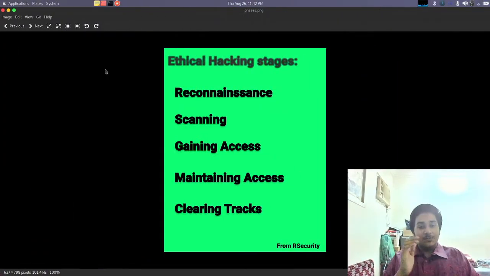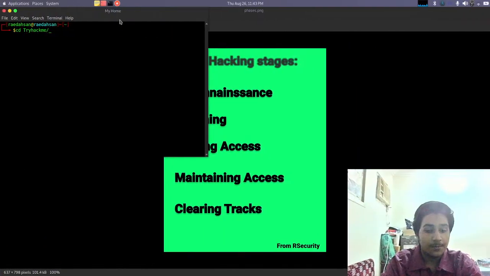Now let's come to gaining access. Gaining access means the results that you found from your scanning, you use them to gain access to the victim's server, victim's computer, victim's network, whatever you're targeting this time. I can give you an example of CTFs: Hack The Box, TryHackMe, whatever you're playing. Even Root Me is a good CTF platform. You can use them. Now what happens in the gaining access procedure is that,